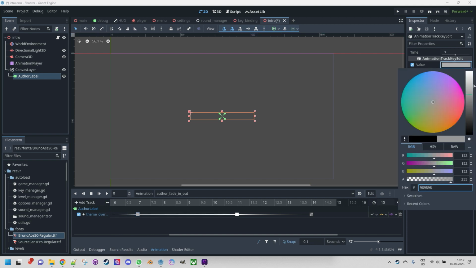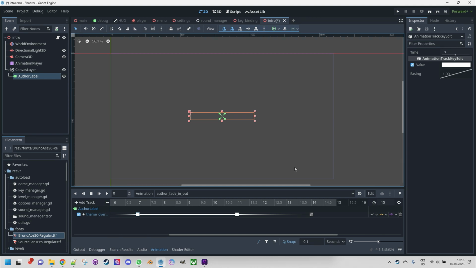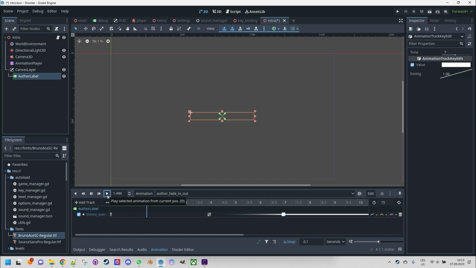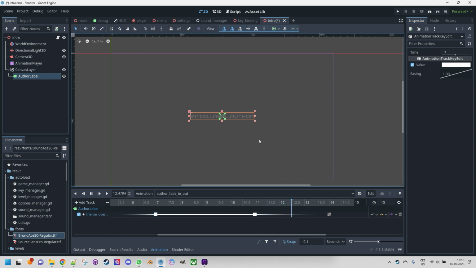Click and make it white color. We can observe the transparency transition here in the track, and we can also check the animation, how it will look in the game. So let's press play here and observe. Nothing's happening for the first 4 seconds, and now it's getting opaque,